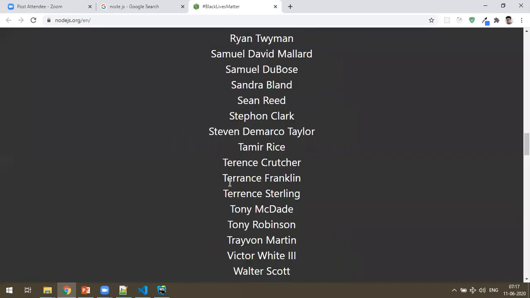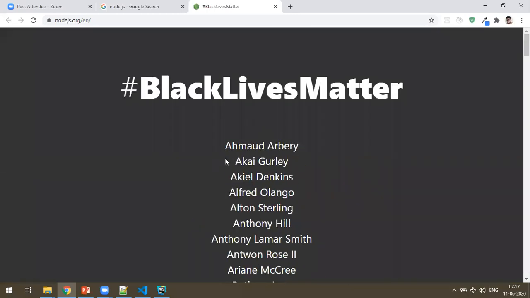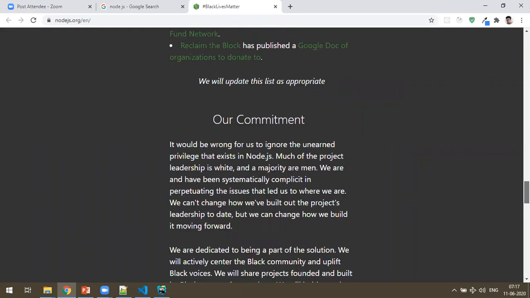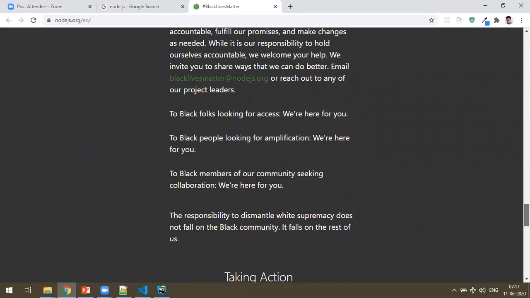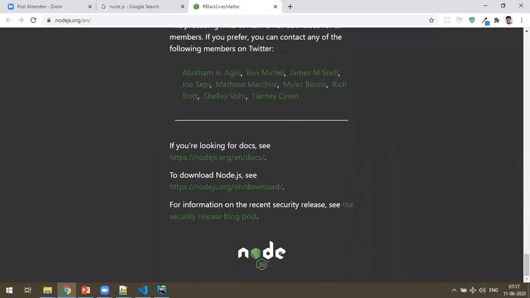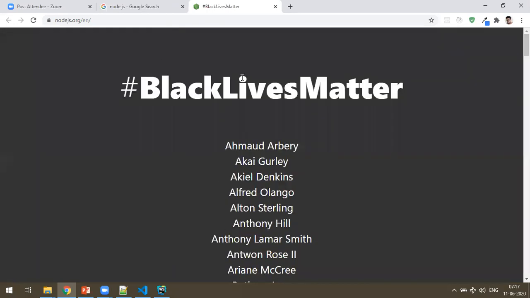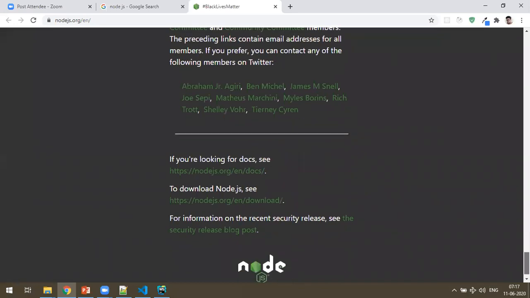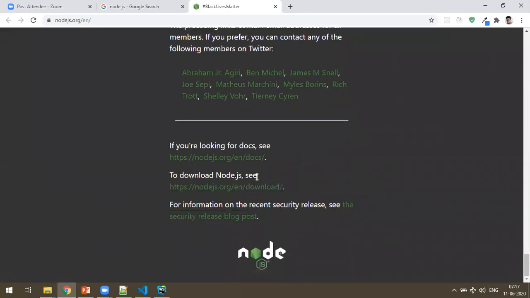So in the USA, there's something, I mean, some protest is going on. So I think for that reason they have made the site go down. To download Node.js, you have this link. Generally, you don't get this. Now in the US that protest is going on, so for Native Americans they made it, and you can select this one to download Node.js.